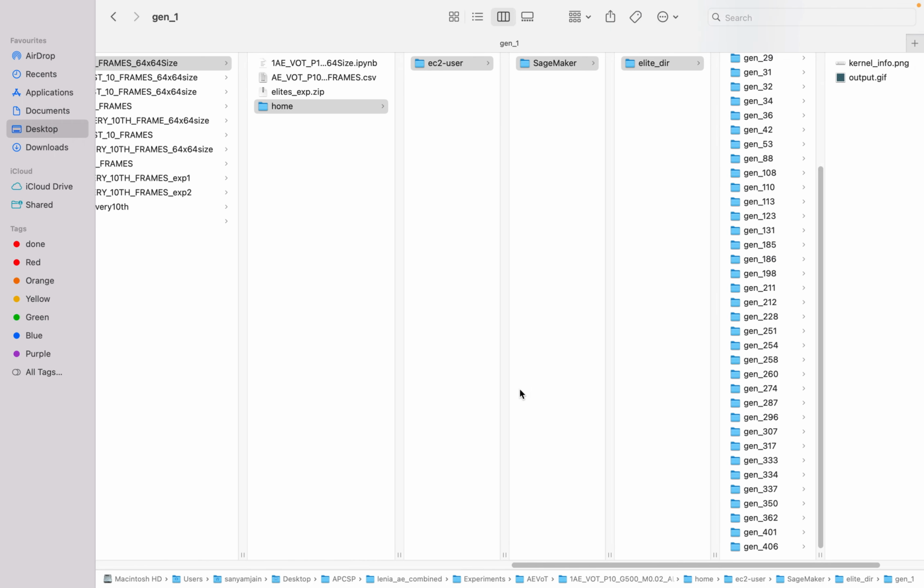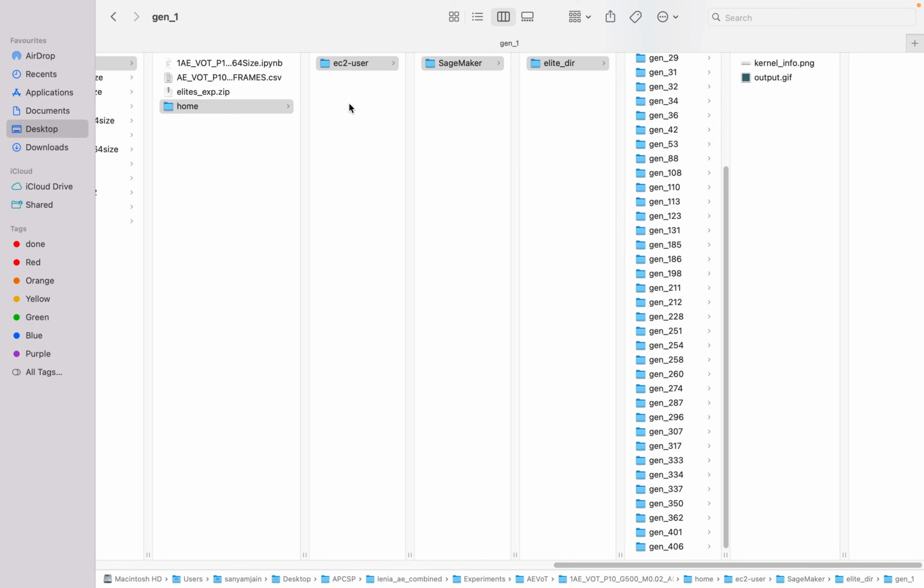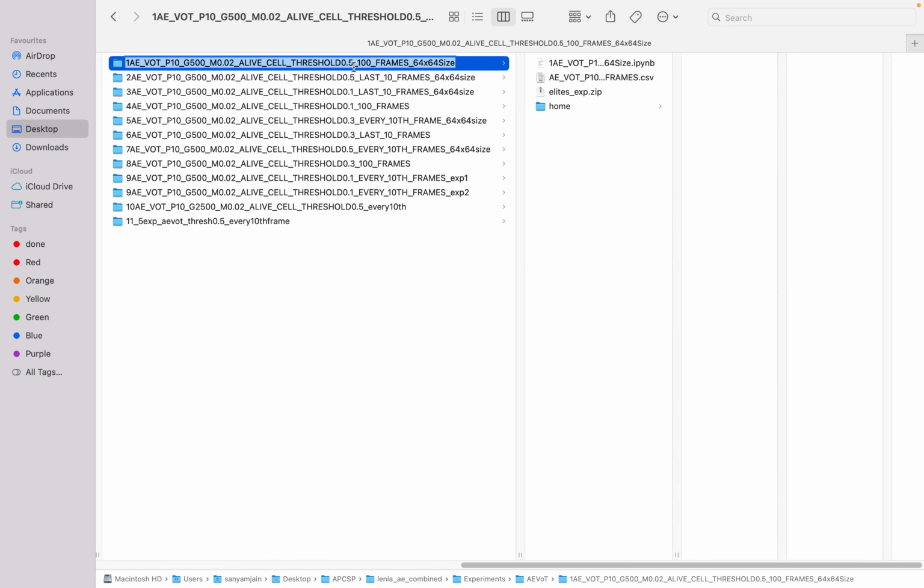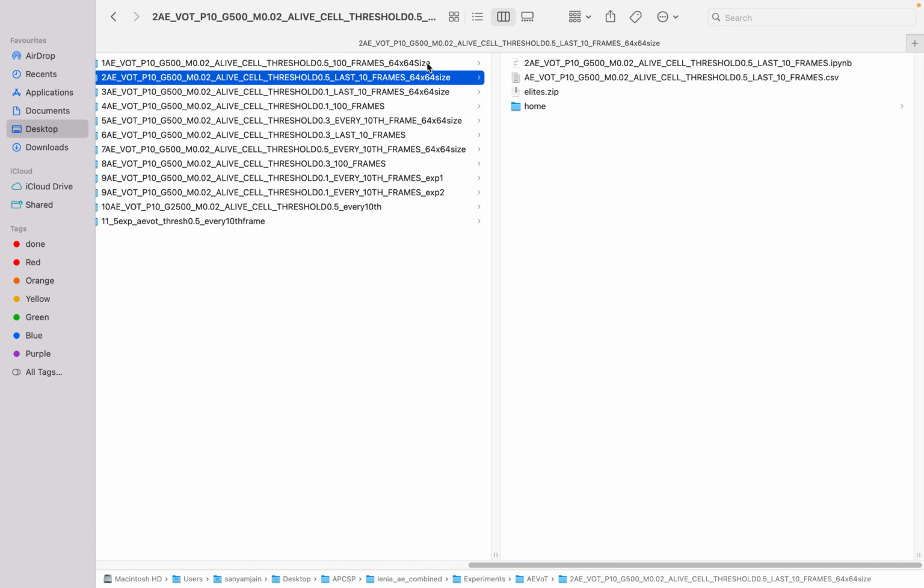All right, so what we are seeing right now is for this configuration, the first file with its output. The first generation has the output looking like this, with the kernel plot looking like this, while in the middle, the kernel plot looks like this, and the output looks like this for AEVoT. And maybe in the last,